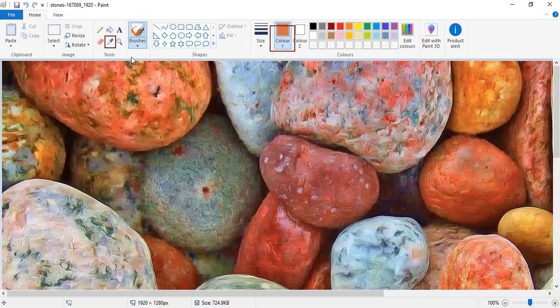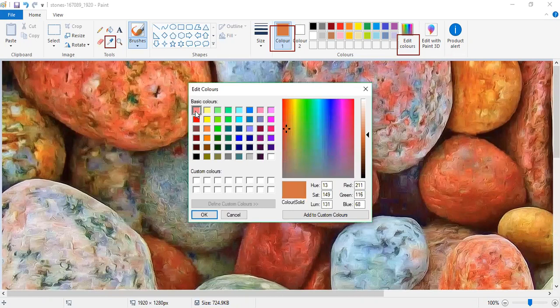Once your color is picked, you have to use this option. Let me highlight it again. There you can see it is Edit Colors, right? Because with this option you can edit the color properties. So I'm going to click on it. Okay, look, now you can see that the basic color is selected again, and this specific portion of the window, or spectrum of colors, has been chosen.